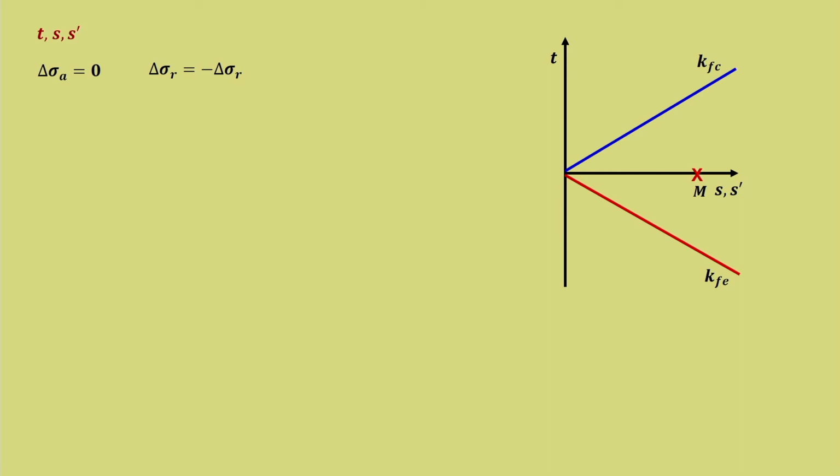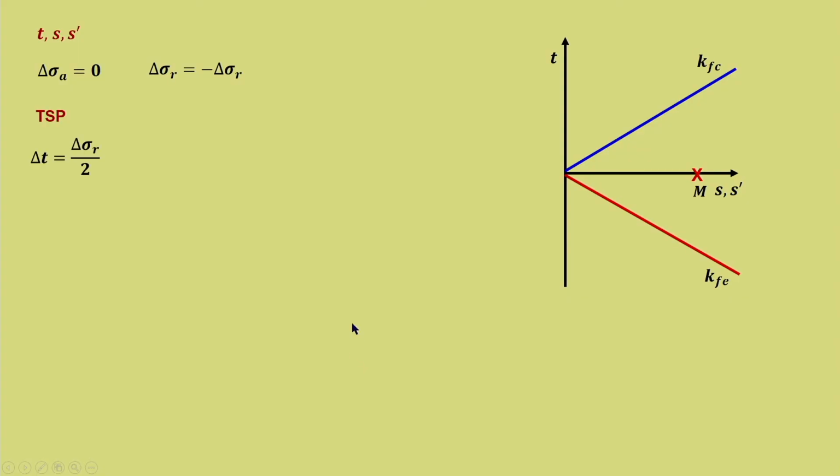Since the slope for the sigma A, sigma R' plot, the effective stress path, was the same in both the cases of compression, we know that it is going to be the same for t-s' and q-p'. So, let us see how and whether it is okay or not. So, the TSP is delta t equal to delta sigma R by 2 minus delta sigma R by 2, because that is the condition. So, delta t by delta s is equal to minus 1. This remains the same as that of our drained stress path. So, u2 is in this direction. So, this is the total stress path.